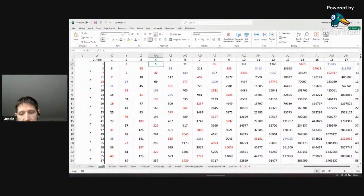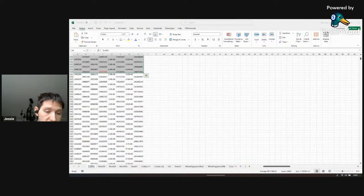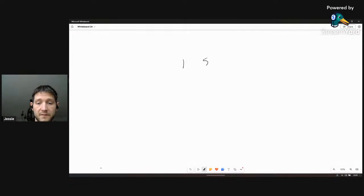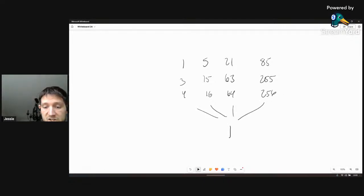So here I have this table that I've created where you have the 2-adic numbers and then every single number underneath it. So what is a 2-adic number? According to my research, and I don't know if it's correct or not, so you'll have to excuse me, if you take 1, 5, 21, 85, and run them in the conjecture, you're going to multiply them all by 3. So you get 3, 15, 63, and 255. And then you're going to add 1, so 4, 16, 64, and 256, and divide by 2. They're all going to arrive at the 2-adic number